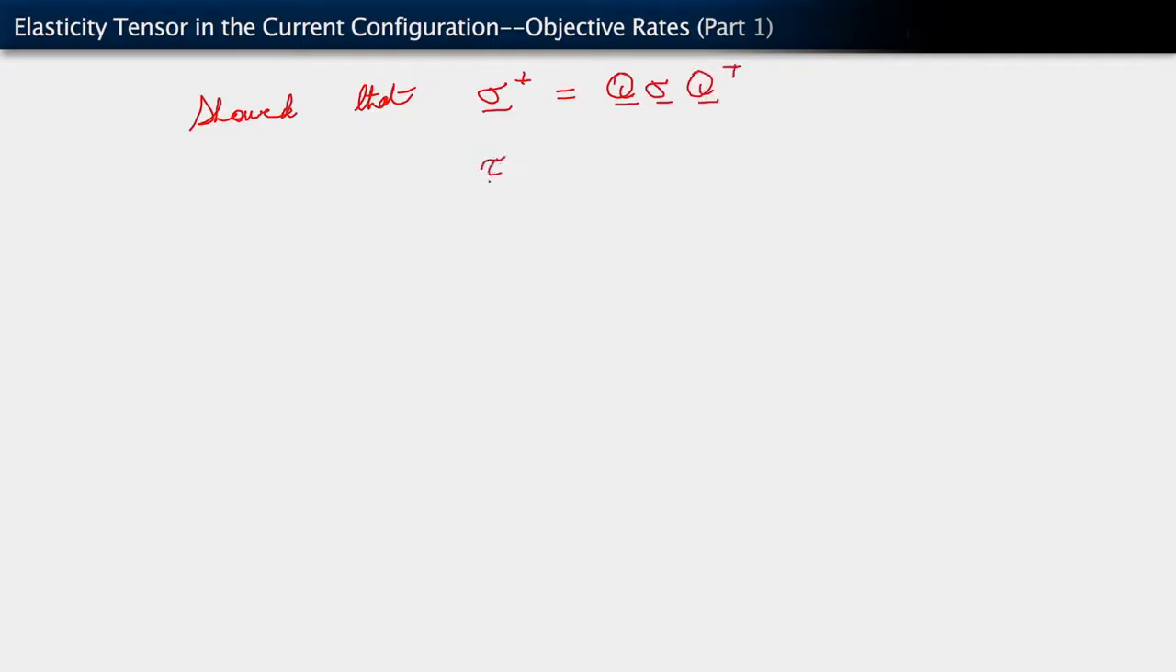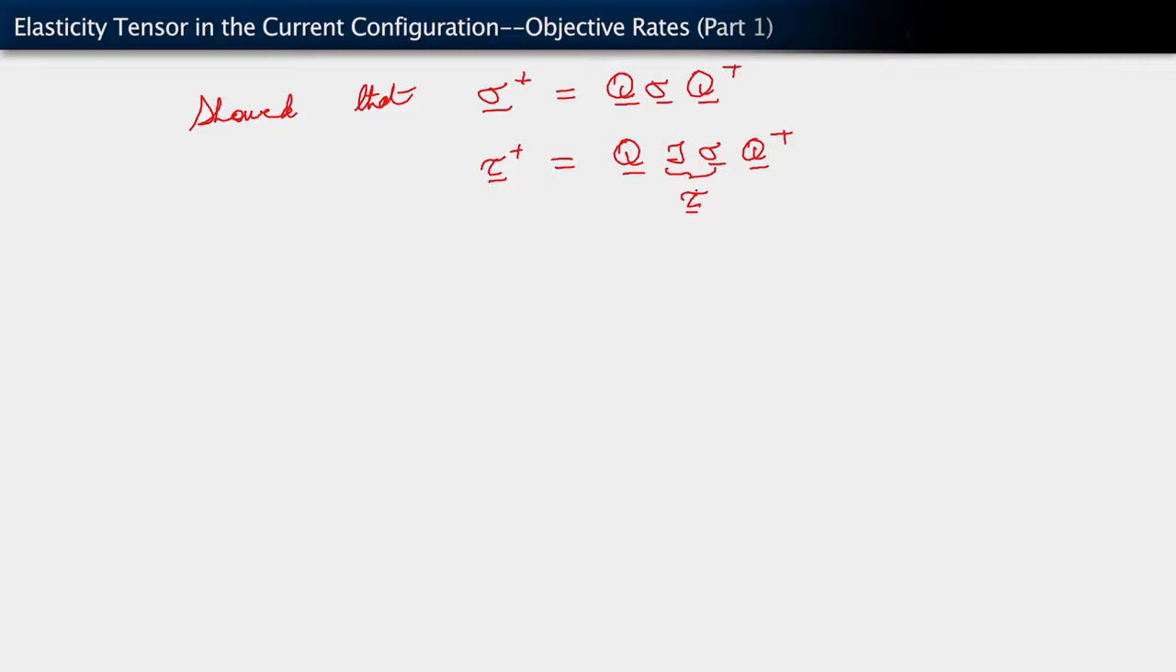Well, tau plus then is just Q J sigma Q transpose, because this is tau. And that's where we get that transformation rule for tau plus from. Okay, so this is what happens. So now a completely